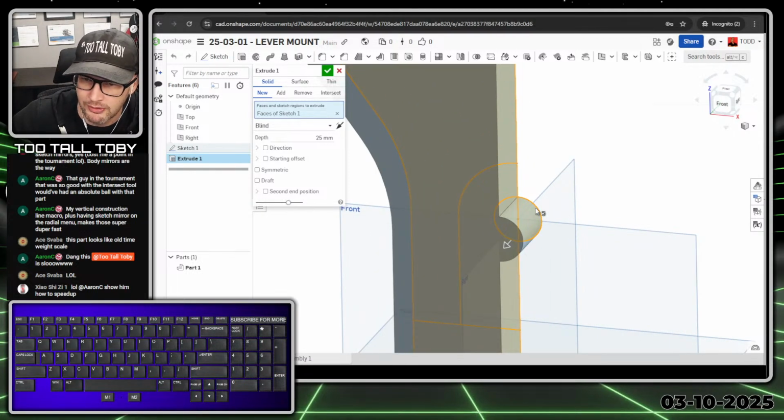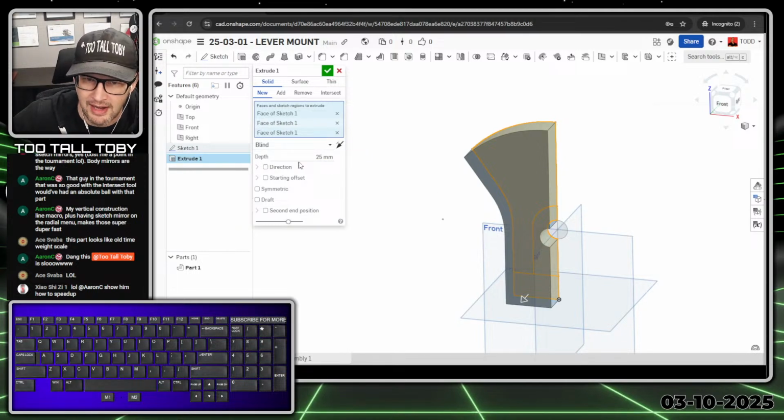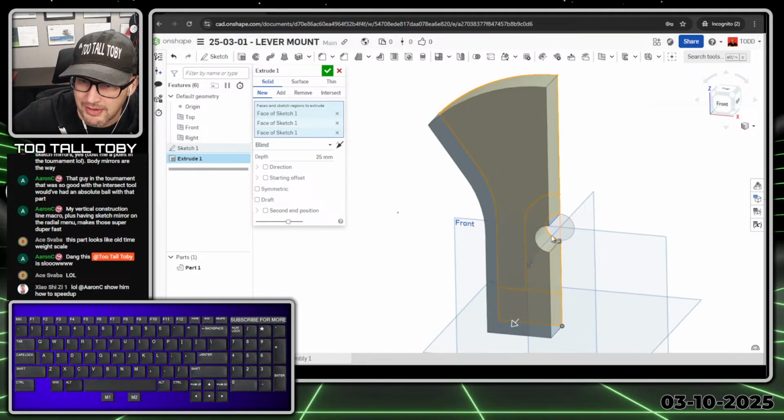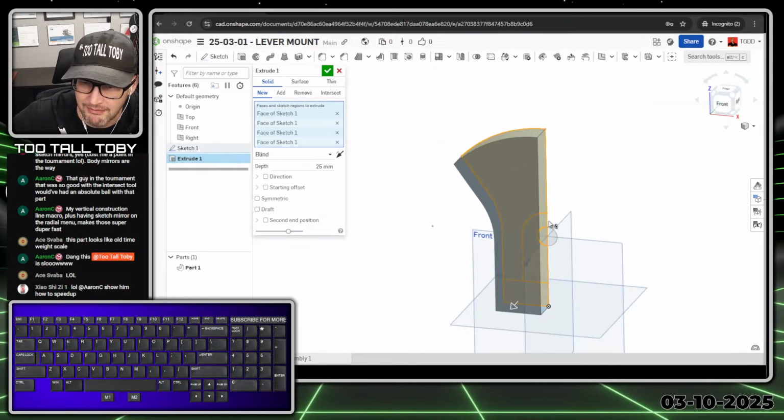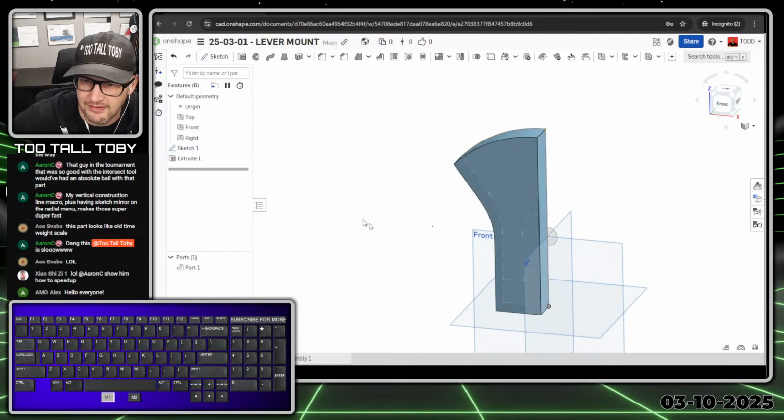I think maybe I would just want to exclude this region here. So exclude that region there, and that whole thing's going to come out to, maybe I'll keep this. I think it makes sense maybe to have that hole as an explicit feature. So we're going to bring this out to 25, enter, and then we're going to show that sketch, and we'll